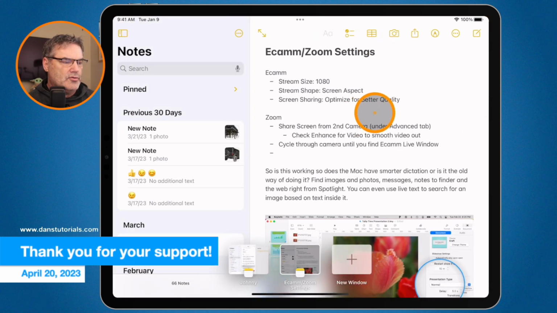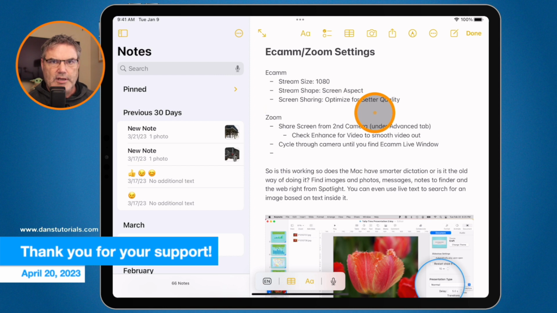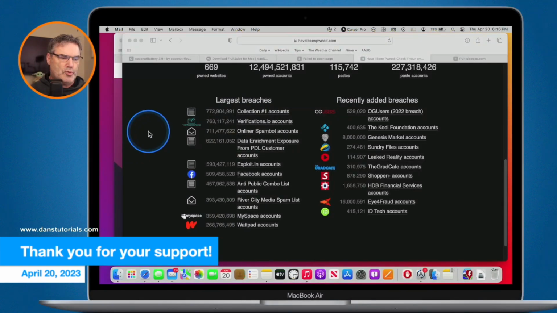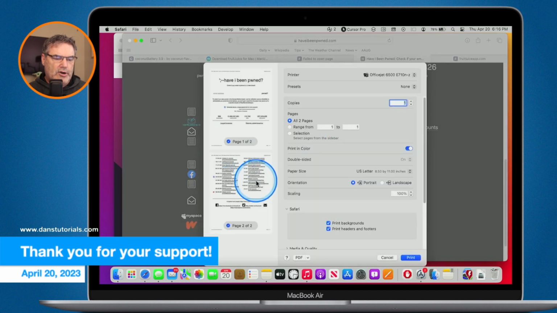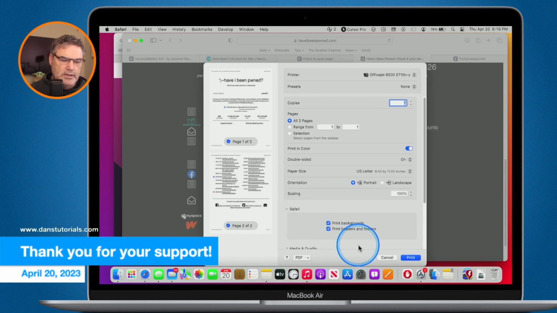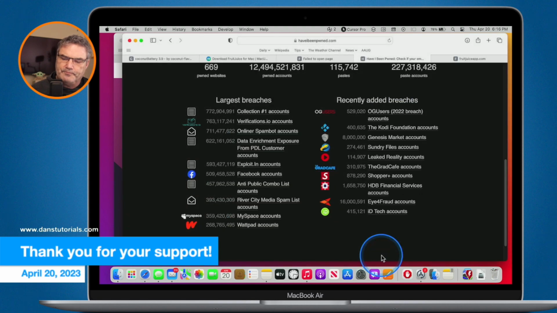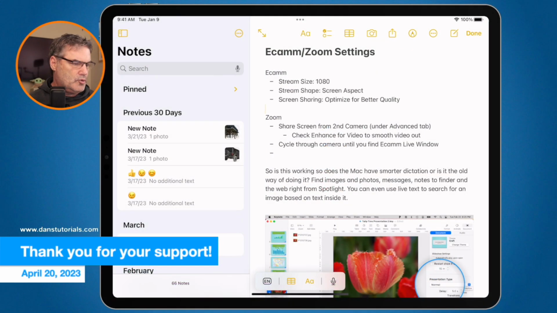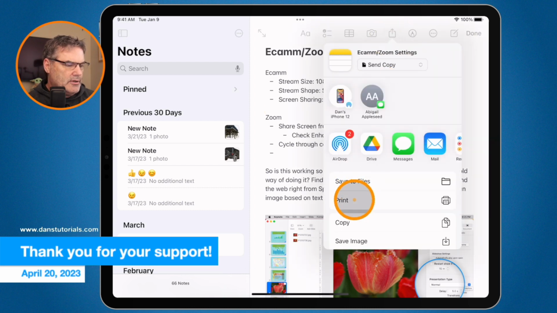And let's say I wanted to export this out as a PDF. Now, in some apps there will be an export as PDF, but we all know that with the Mac, if I go to print, what we are able to do is save it as a PDF. Well, we can basically do the same thing on the iPad and iPhone. It's kind of a little hidden thing. So in order to do that, we go and print. I'm going to print here. And the way that we do that is going to the share icon, and then you're going to see print.